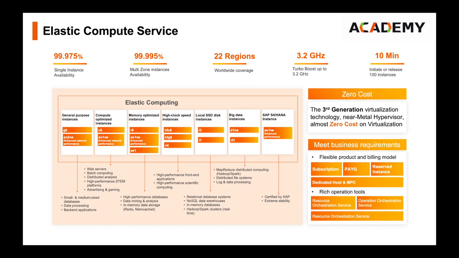We offer many different classes or families of ECS virtual machine based on your workload. So we have general purpose instances, compute optimized, memory optimized, high clock speed, local SSD, big data, and even an SAP instance type specifically designed to run SAP S/4HANA workloads. This is enabled by our third generation virtualization technology, which we've built ourselves, which we call X-Dragon, which gives us almost zero cost on the virtualization layer, so these virtual machines run as though they were your very own physical